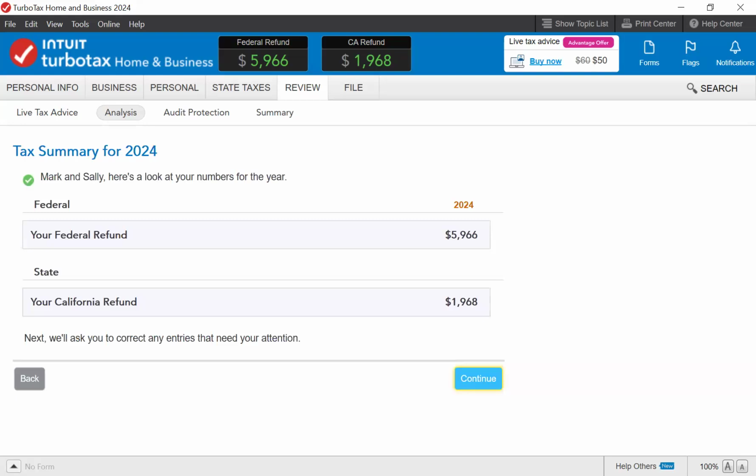And we can see what our numbers are for federal and for state. So that's what it looks like from the customer perspective, completing their federal and state tax return using the desktop program. A few things that I also want to point out here is file is where you